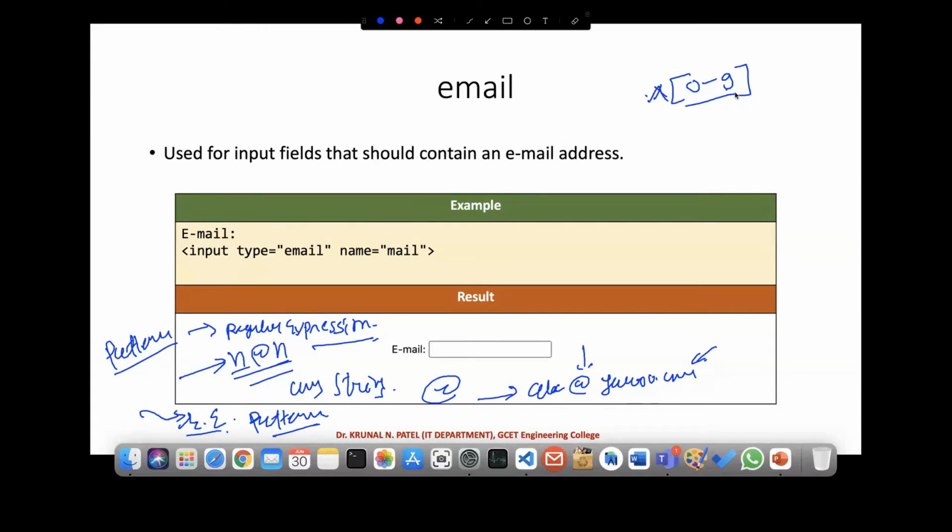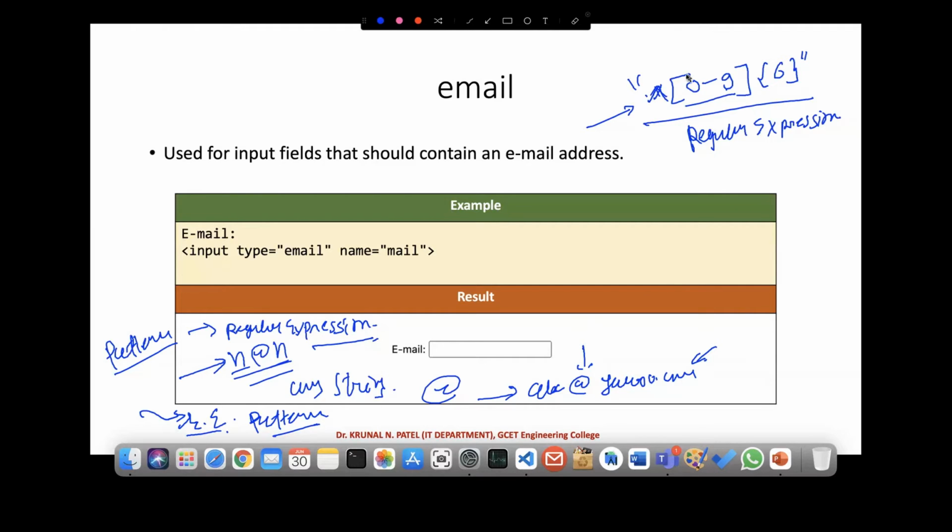Suppose I want to restrict that to only 6 digits. Which regular expression do I need to provide? I need to provide 6 in curly braces. So these kinds of special syntaxes are there, right? According to your requirement, you have to design this particular pattern, and this is known as the regular expression, right?